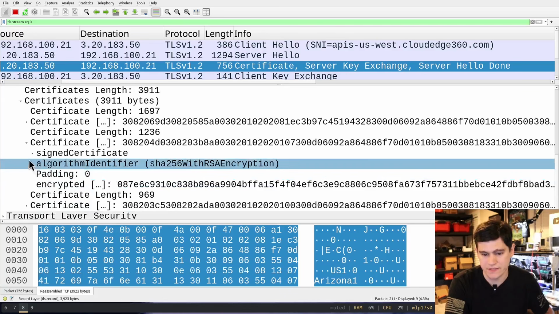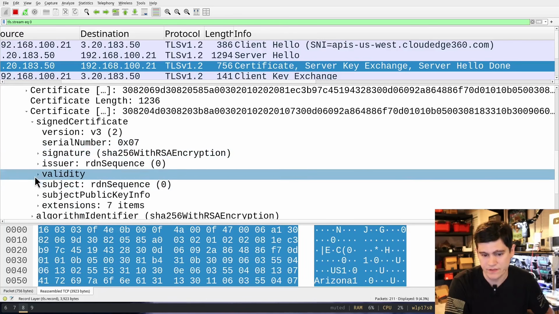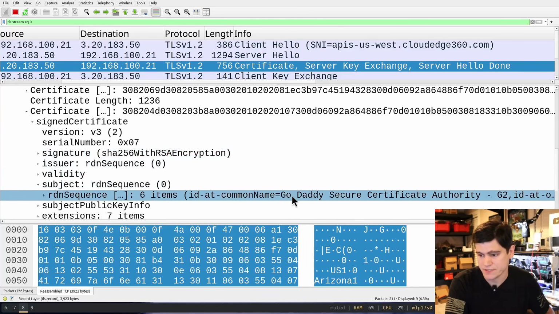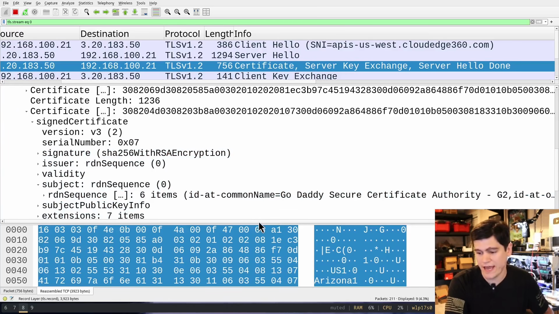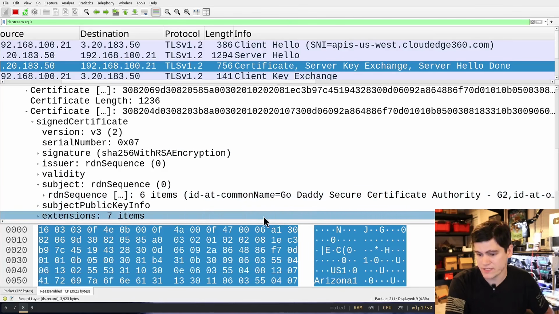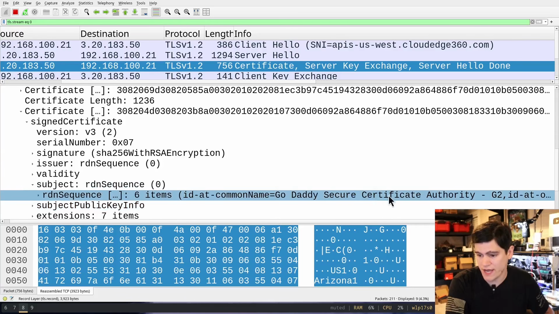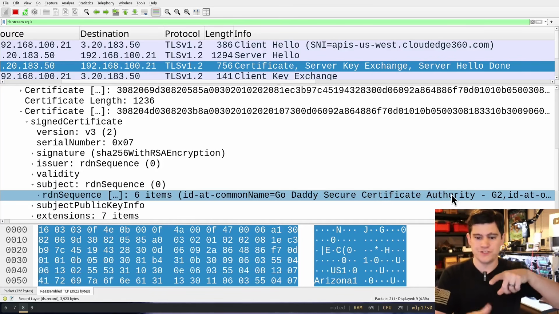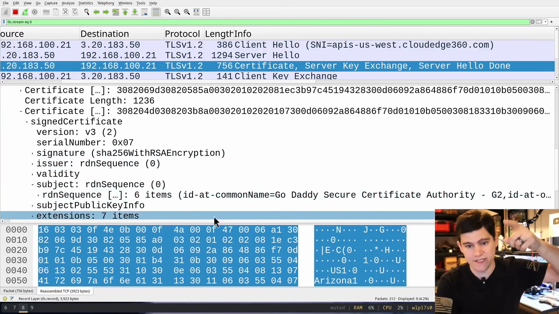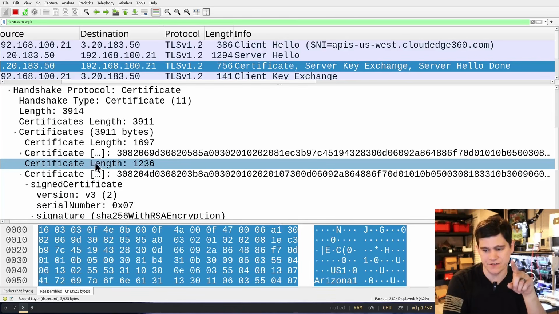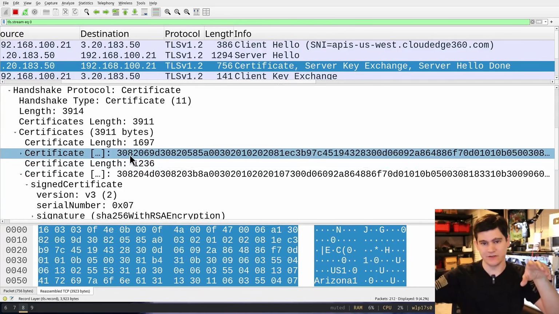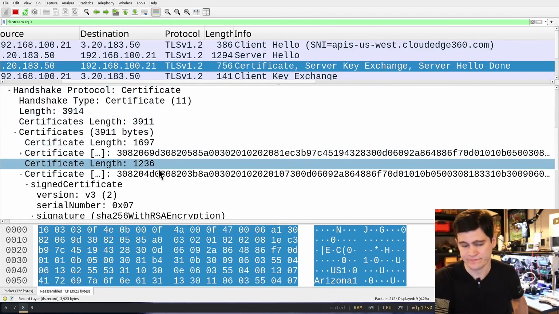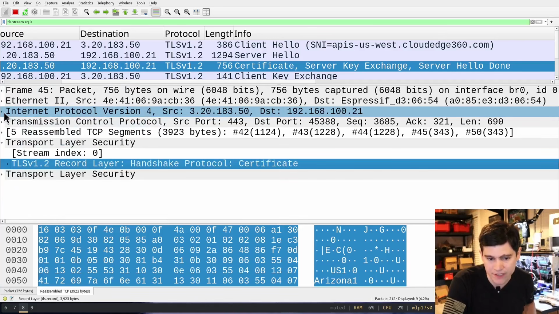Now let's look at this next one. We're going to dig into the subject. Okay, and so here we have an intermediate kind of signing certificate here. This is a GoDaddy, secure certificate authority. So GoDaddy has signed this wildcard certificate, that star dot, cloud 360, whatever that thing is. And then what I assume,